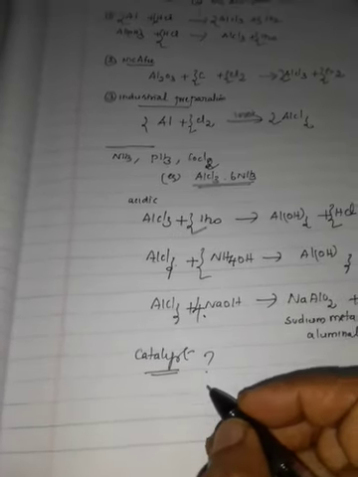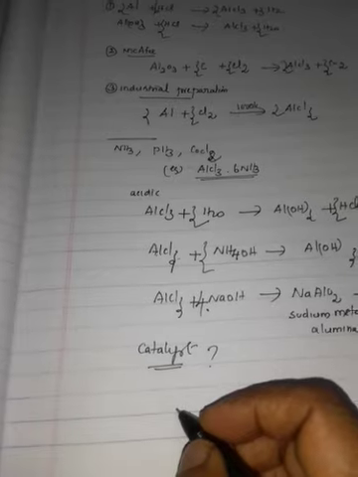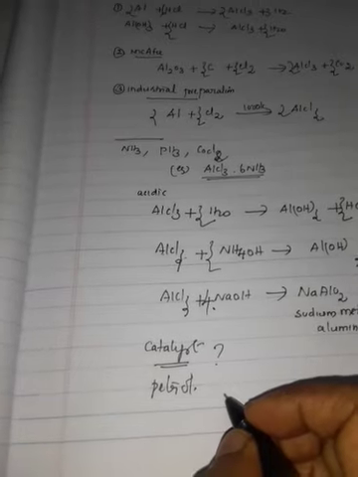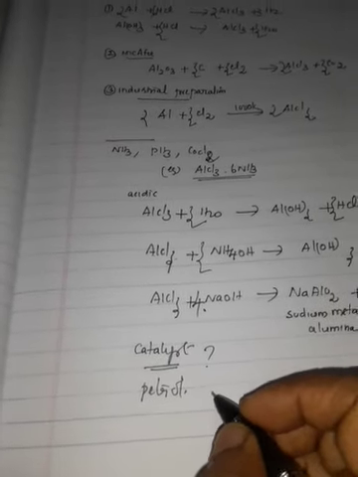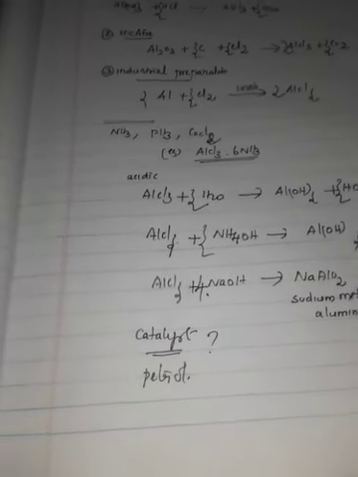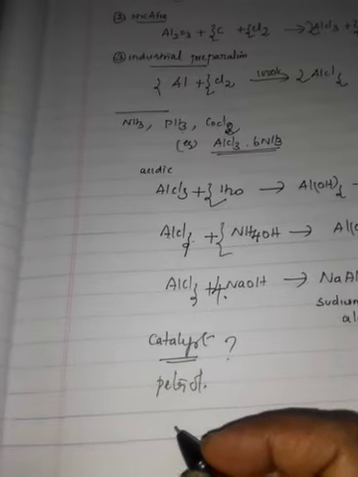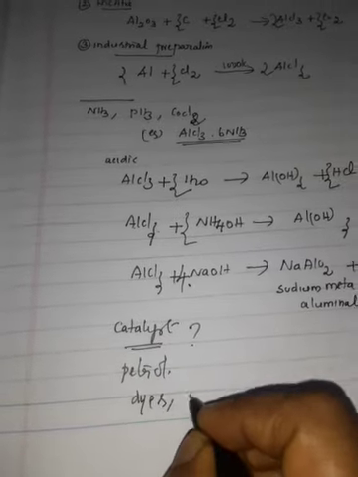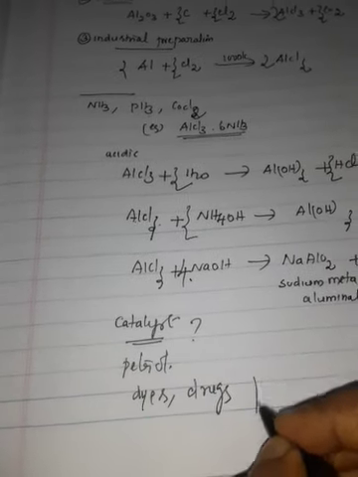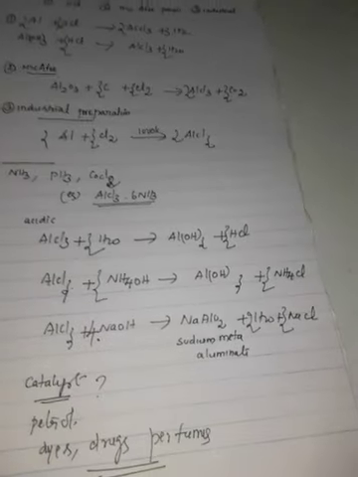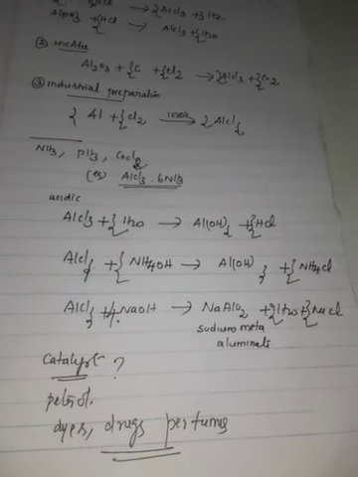Such a great importance. The second one is manufacture of petrol. It is used for the manufacture of petrol by cracking the mineral oils. Cracking means breaking: a bigger compound is broken into smaller compounds by the application of heat. Third one, it is used as a catalyst in the manufacture of dyes, drugs, perfumes. So, preparation, some of the physical properties, chemical properties, uses, everything is clearly given in the book, page number 39.